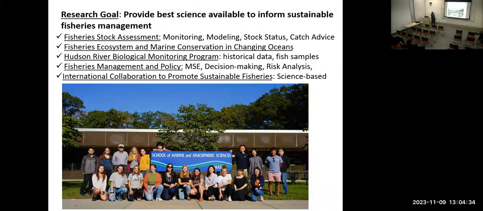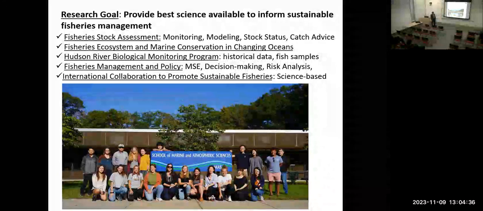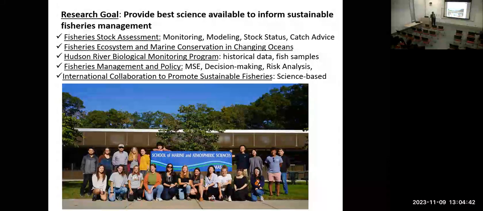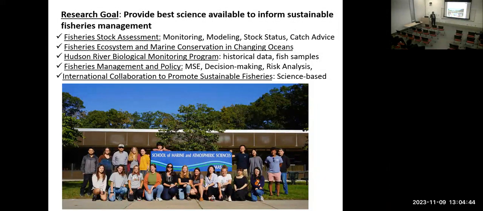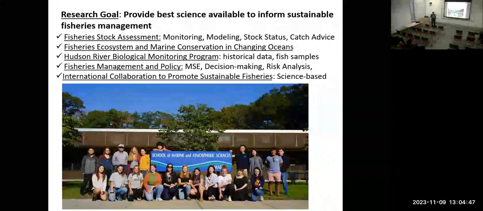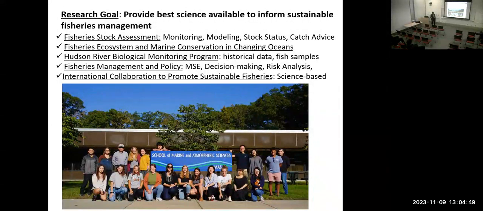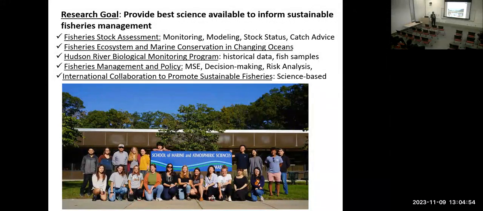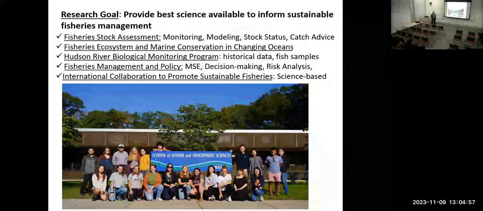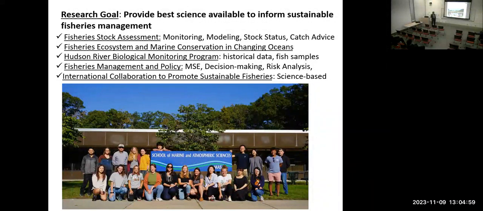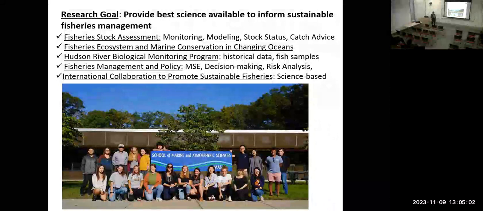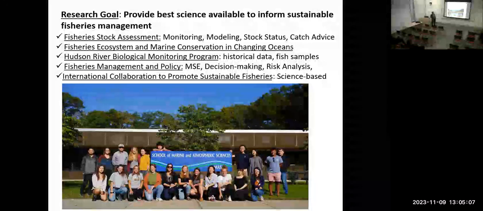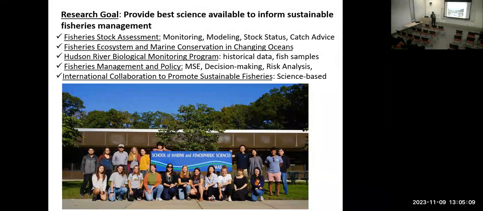five research topics. The first one is fish stock assessment. Basically, when we talk about stock assessment, we talk about how you could design a monitoring program to collect the data, and then you develop models and identify statistical approaches to fit the model to the data, and then you estimate how fish population changed over time and over space, and then you provide this information to management agencies to develop catch advice. That's stock assessment, and then we also work on climate change and fisheries ecology, how that may affect